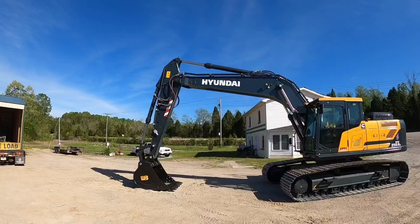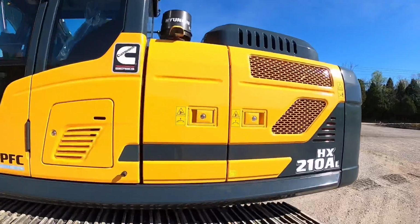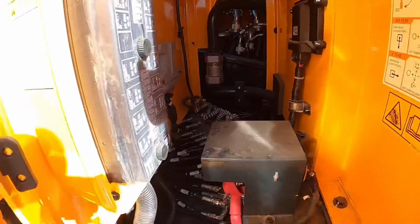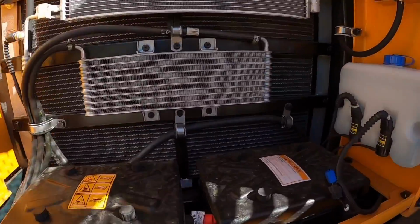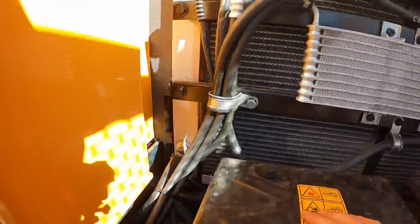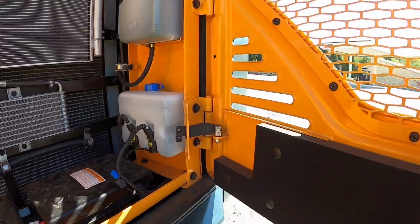But man, just walking around this machine looking at it, I've said this time and time before about these Hyundai machines. I'm just drawn to them over and over again because of the simplicity and how neat everything is assembled on these things. I don't know if their engineers just think like me, and whether that's a good thing or a bad thing, but they just do a really good job of laying everything out, having everything you need accessible, having everything very, very well labeled. Even these doors, they get broke and torn up a whole lot. They put a little rubber link in here. Now if that thing gets hit, guess what? It's got a place to give before it bends your door. I mean, it's just simple